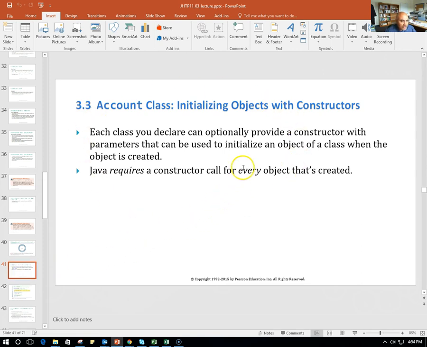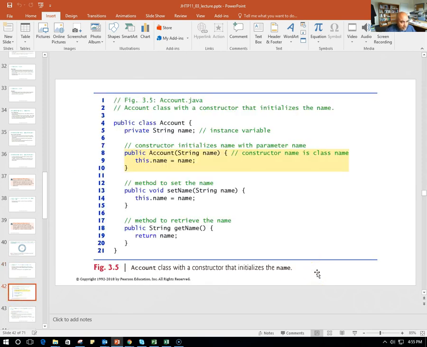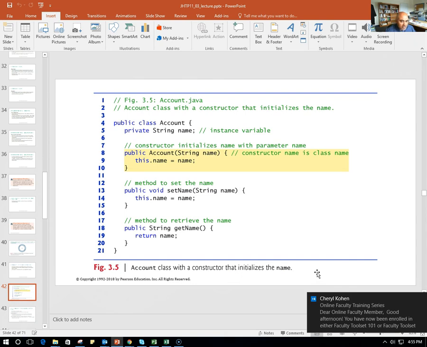We will also see how we can create a constructor in Java. Java by default would add a constructor to your program if you do not declare one. So let's take a look at a program with a constructor. So here is an example. This is a class